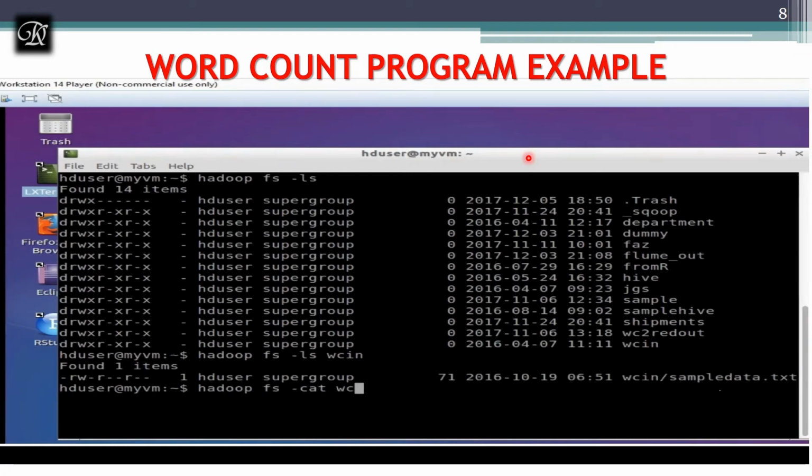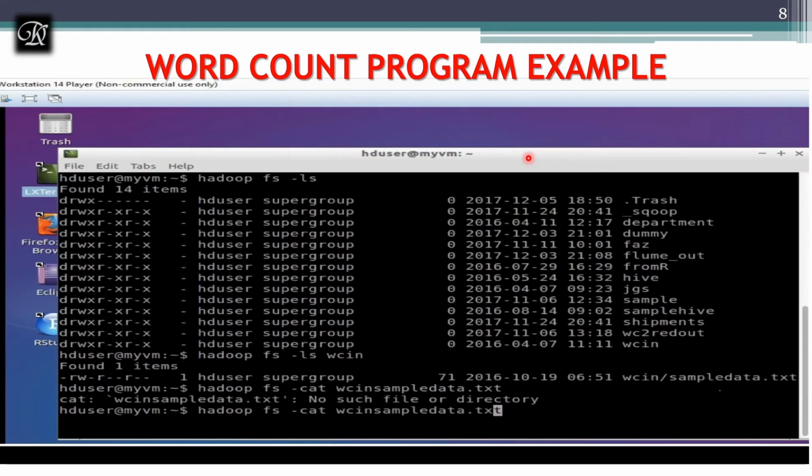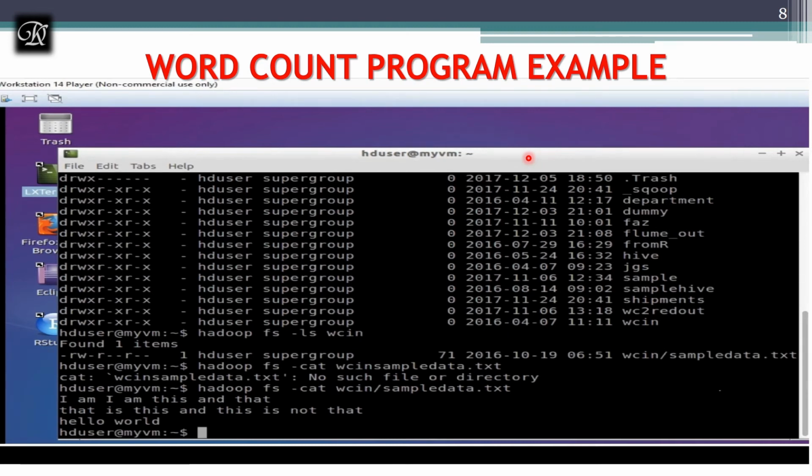And now I'll just show you what I have written inside it. Inside that WCIN, I have a file called sampledata.txt. I made a mistake, let me correct it. Yeah, now I think I'll get the data it has. Yeah, this is what I have over there.